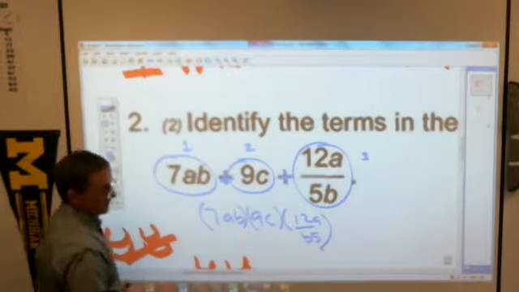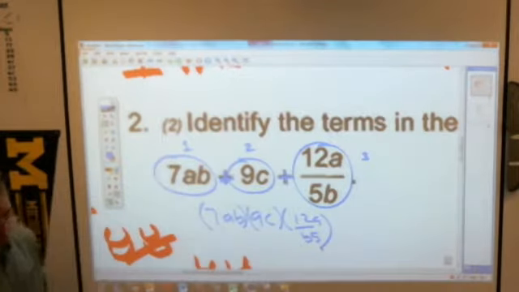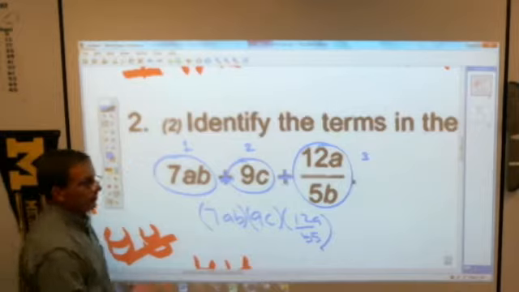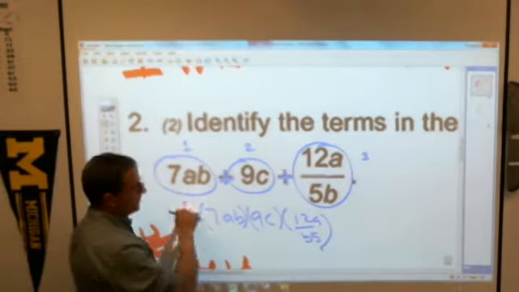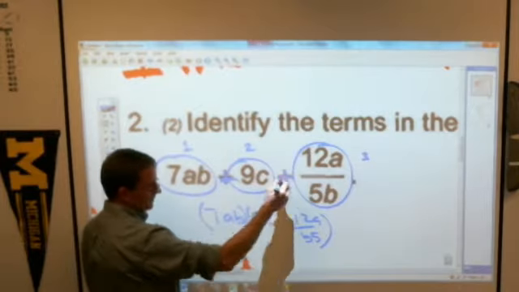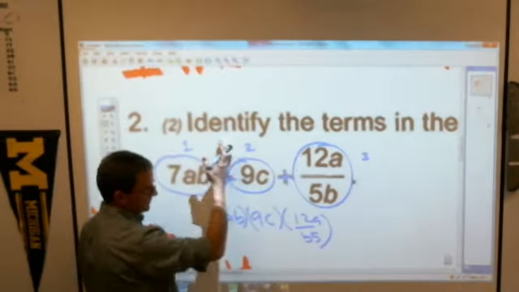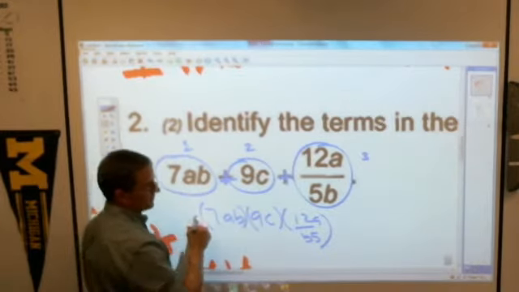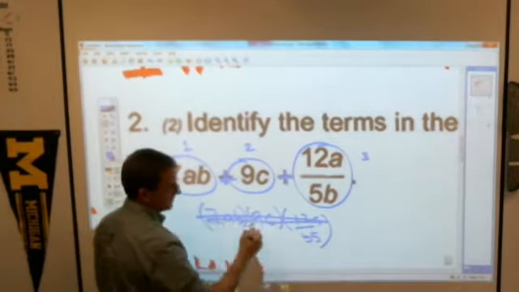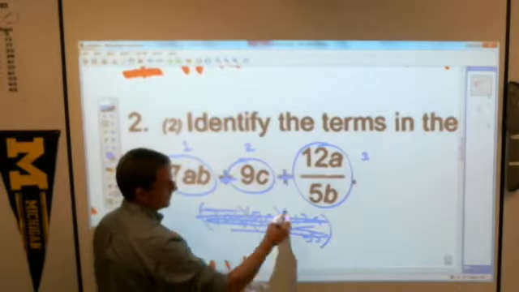how many terms does that have? It's just one. It's all one big term. It's all multiplication. There's no addition, subtraction signs in there at all. Because of these, that separates them. They're not in parentheses, so it's this plus that. That gives it 3 terms. This is one simple term because it doesn't have any addition, subtraction